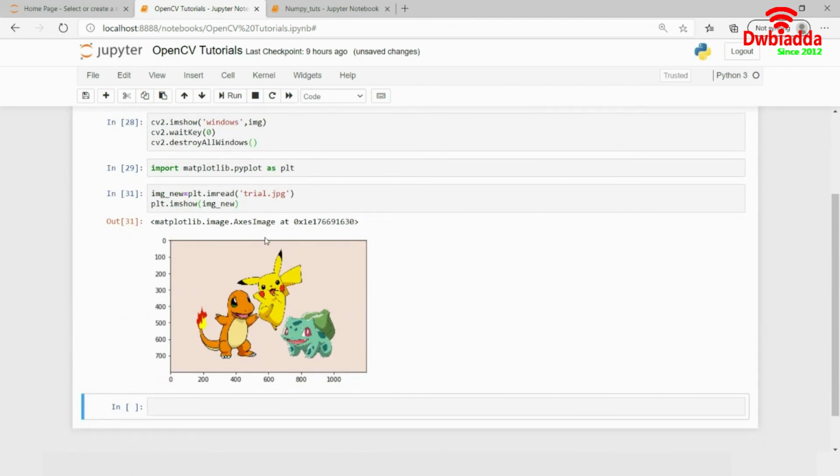So you can open an image using OpenCV as well as Matplotlib. However, in the context of machine learning and deep learning, we use OpenCV because of the manipulations that OpenCV provides to us. Therefore, it's always better to use OpenCV as compared to Matplotlib, but it also depends on the situation. So we will end this tutorial over here.